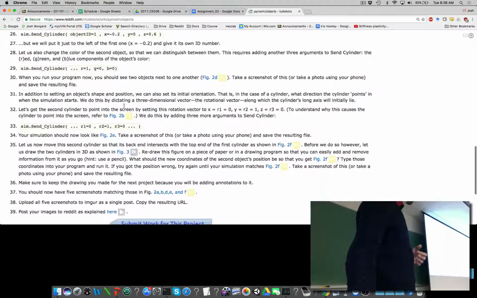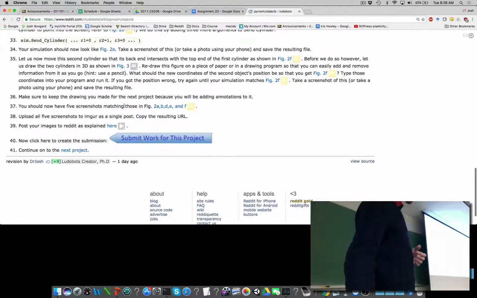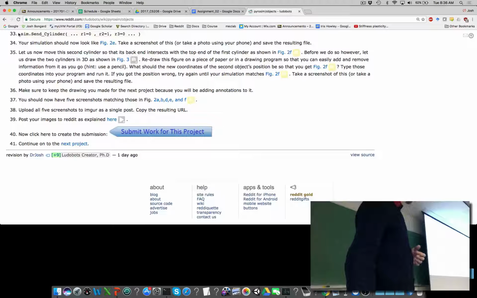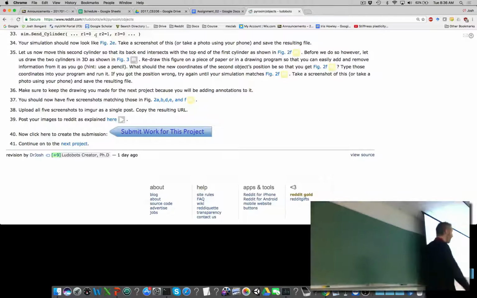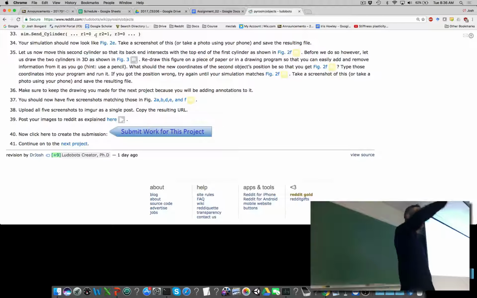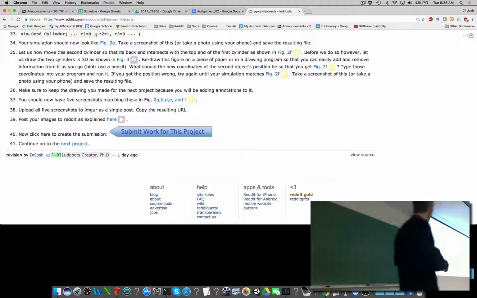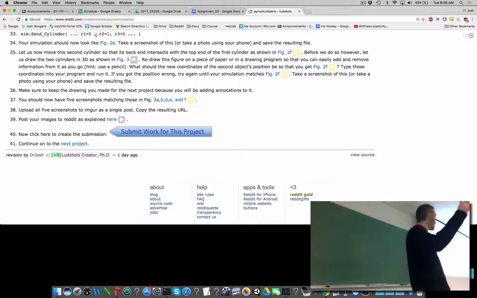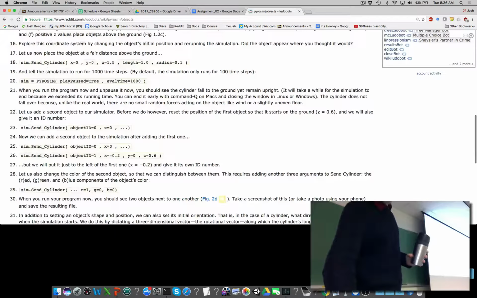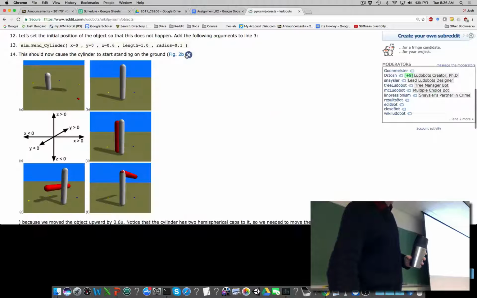And then a little bit later, when you're creating your second object, you're going to also be playing around with three additional arguments, R1, R2, and R3. These correspond to x, y, and z, and they refer to the three-dimensional rotation of the object in space. So this can be a little bit non-intuitive if you haven't seen this before. So when you create a default object and you don't specify R1, R2, and R3, the cylinder starts in a